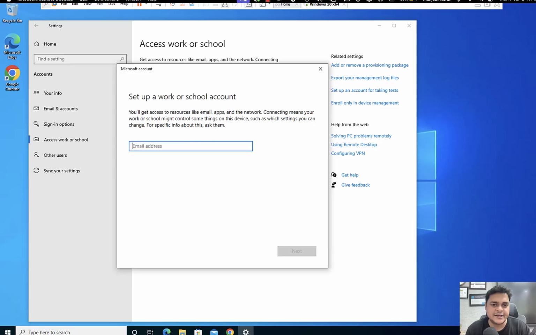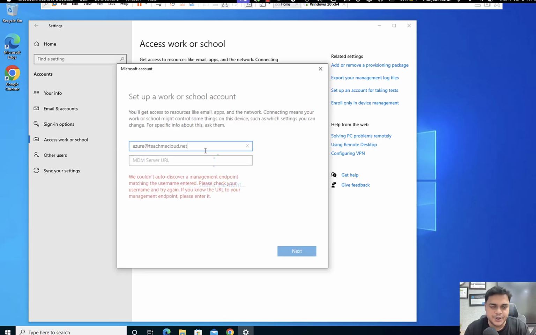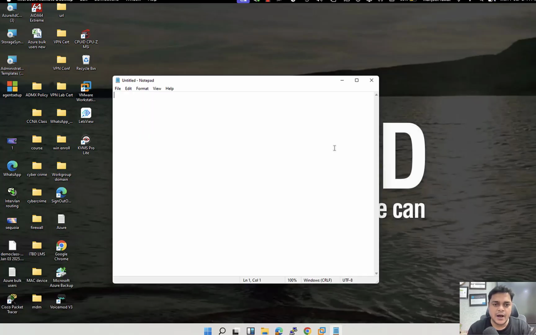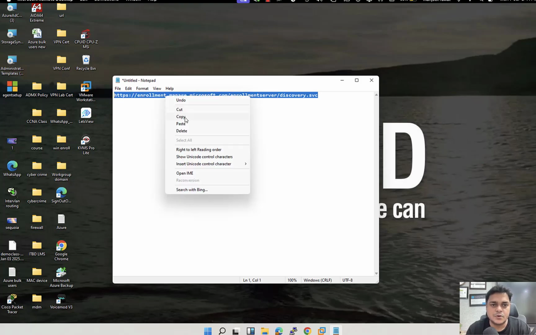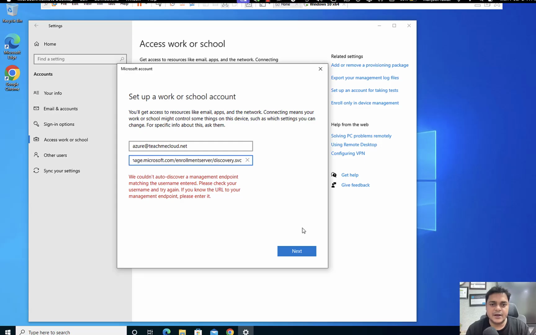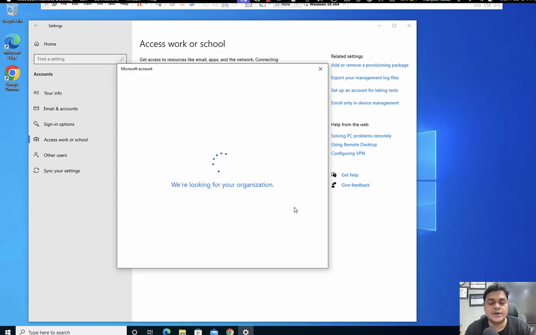You just need to click here, and for the user that we just created, like Azure at teachmecloud.net, you need to provide the username and also the information related to your MDM discovery URL, right? So I have already copied the MDM discovery URL. You just need to paste it in this particular page, and after that it will ask you to provide the password